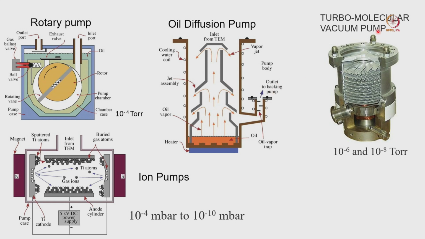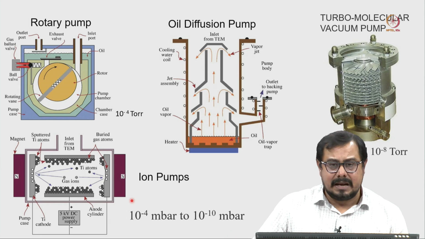And then there is a turbomolecular pump which can start from atmospheric pressure and go to very high vacuum. So, that is a very strong pump. In most cases in the electron microscope we are using the turbomolecular pump. Then when you reach a certain vacuum, the ion getter pump will come into the picture and start working.